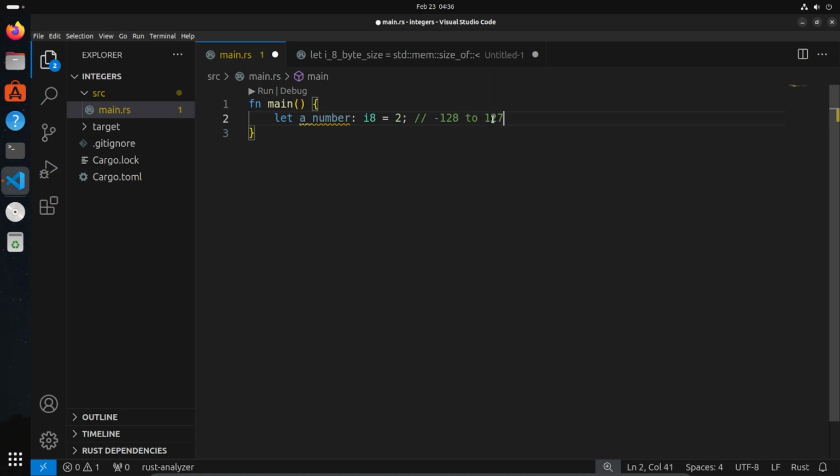All right, so that is the range that you can store inside of an I8 because, right, 2 to the power of 8. So this is the math side of it. 2 to the power of 8 equals